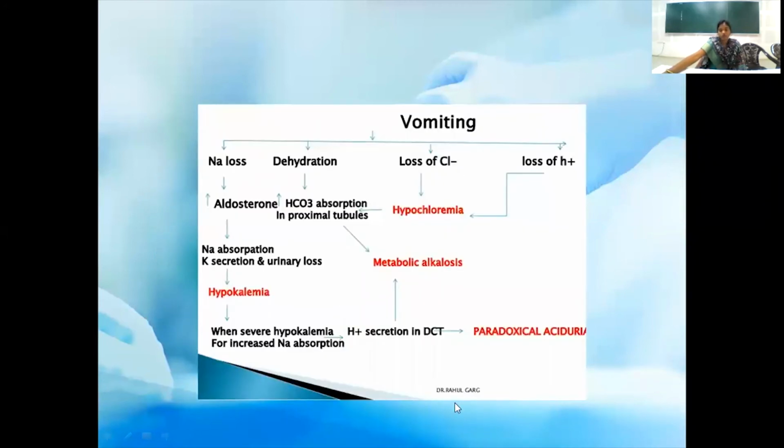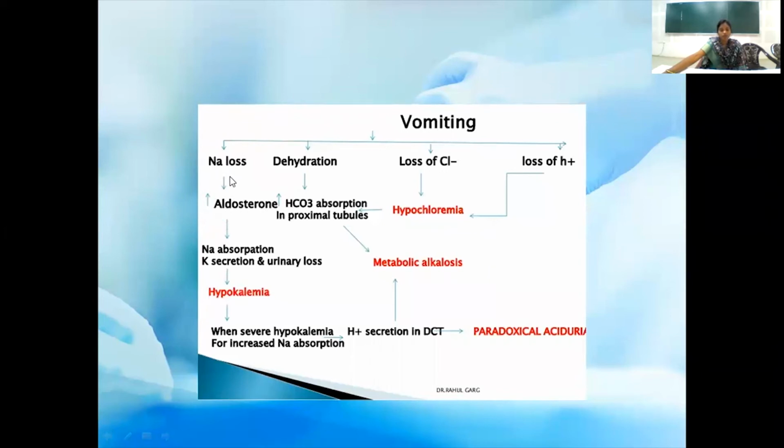So, coming to the metabolic changes, because of repeated vomiting, the HCl which is produced in the stomach is lost. So the hydrogen ions and chloride ions are lost. This will lead to hypochloremia and metabolic alkalosis. As HCl is lost, this is metabolic alkalosis, and initially the sodium and potassium will be normal. However, because of repeated vomiting, the patient will go into dehydration, and this will affect the renal parameters, leading to sodium loss.